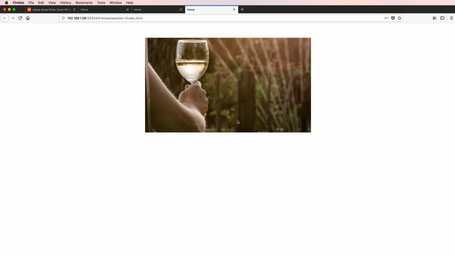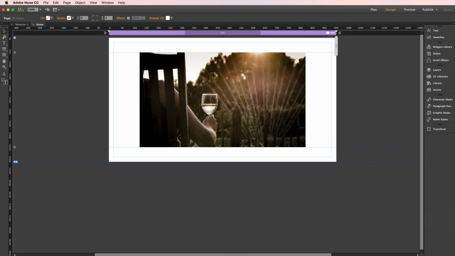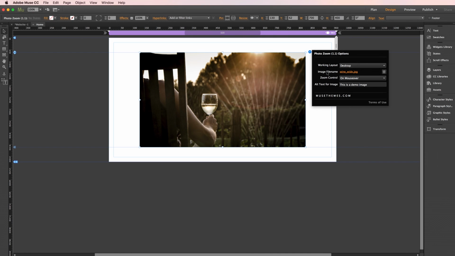Now back in that settings panel really quick, we do have two more options here. Zoom control allows you to select if the zoom is prompted by a rollover, by a grab and drag, or by a click. And lastly here you can enter the alternate text for the image, which is usually used for SEO